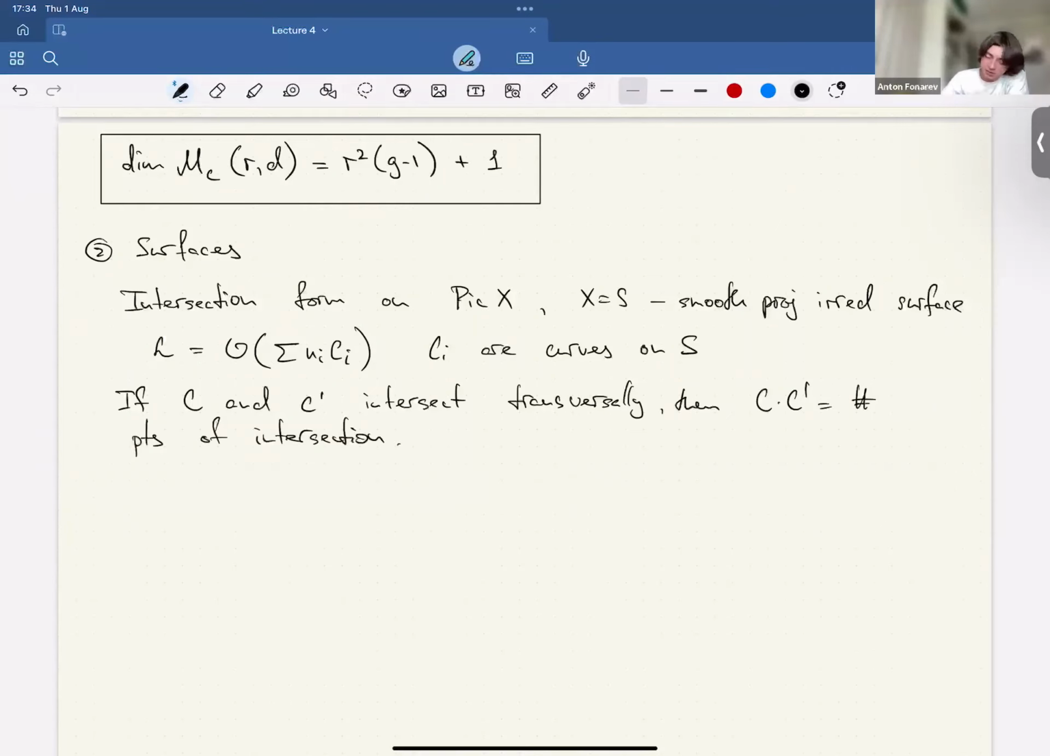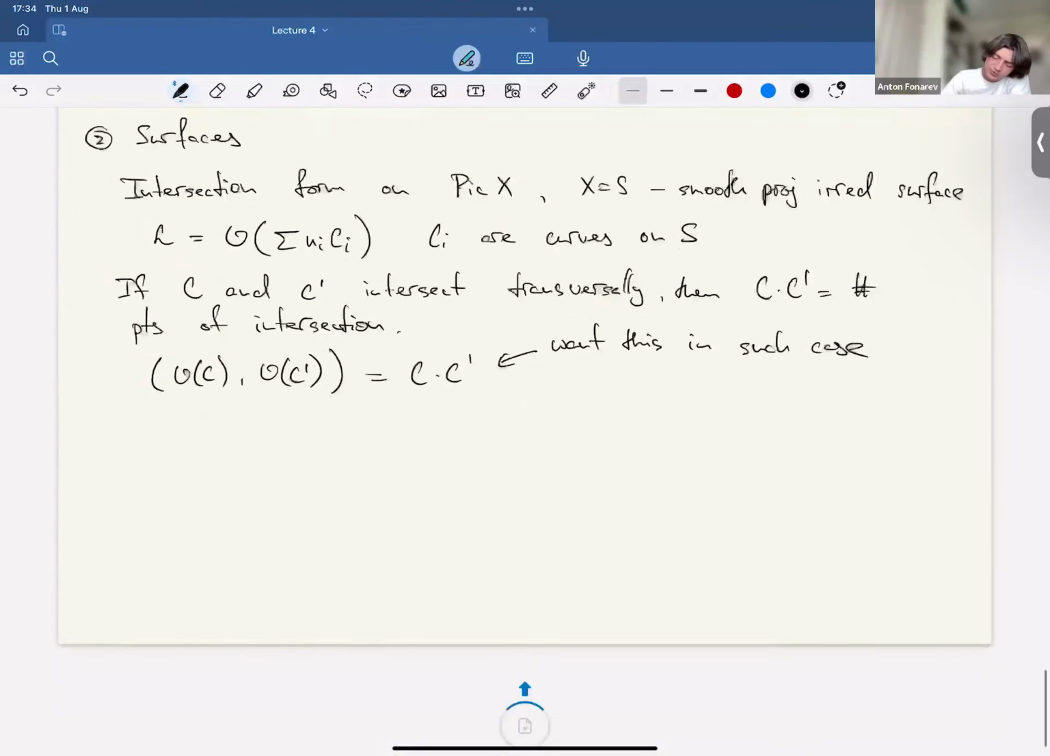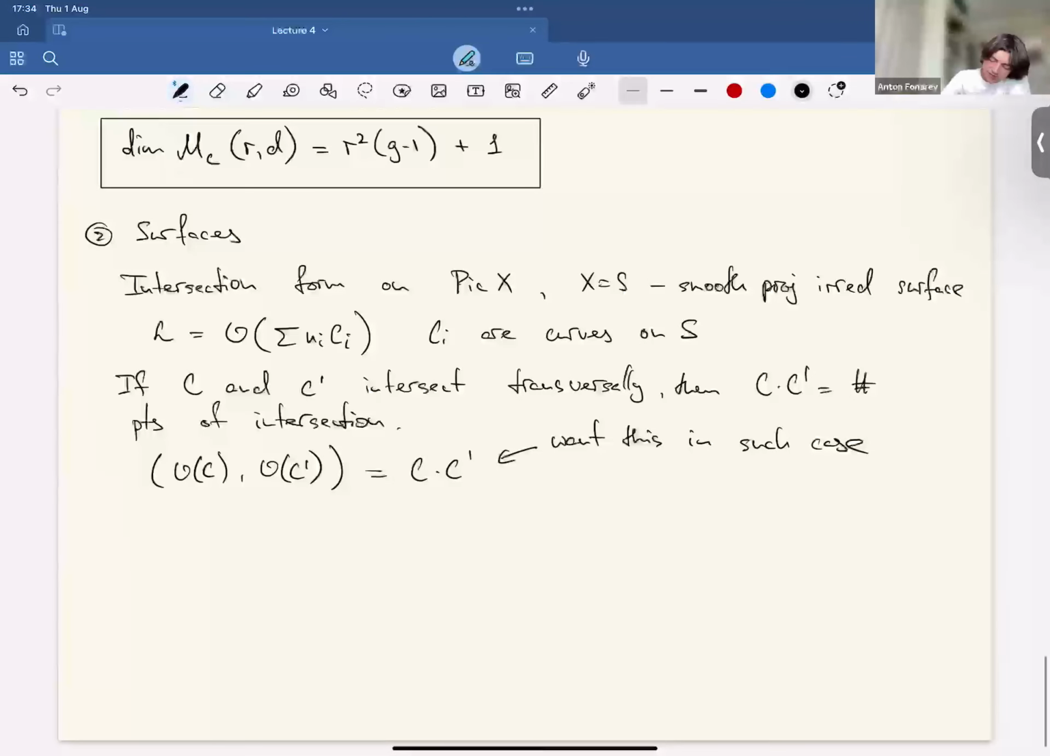So in particular, in this case, you want the pairing of O of C and O of C prime to be simply C dot C prime. In this case, we want this in such a case. All right, well, it turns out that you can define the intersection purely homologically, and you just simply put that